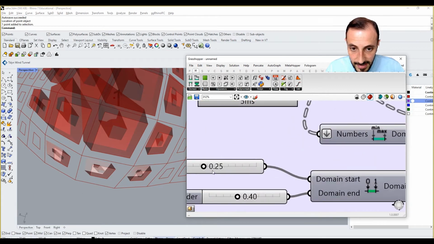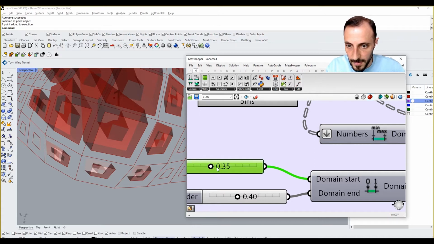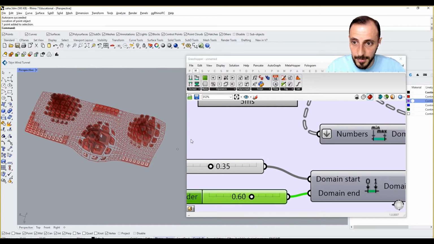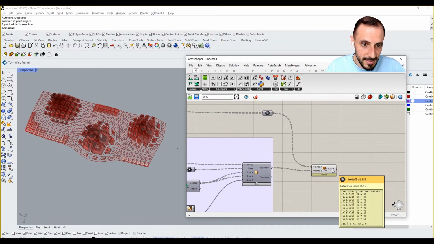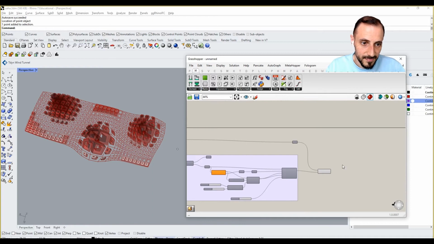And if we make this larger, like let's say 0.35, you see this goes up. We can say 0.60, maybe, I don't know. It's completely up to us now. And if we now, these are our meshes. And if I go to Clark,